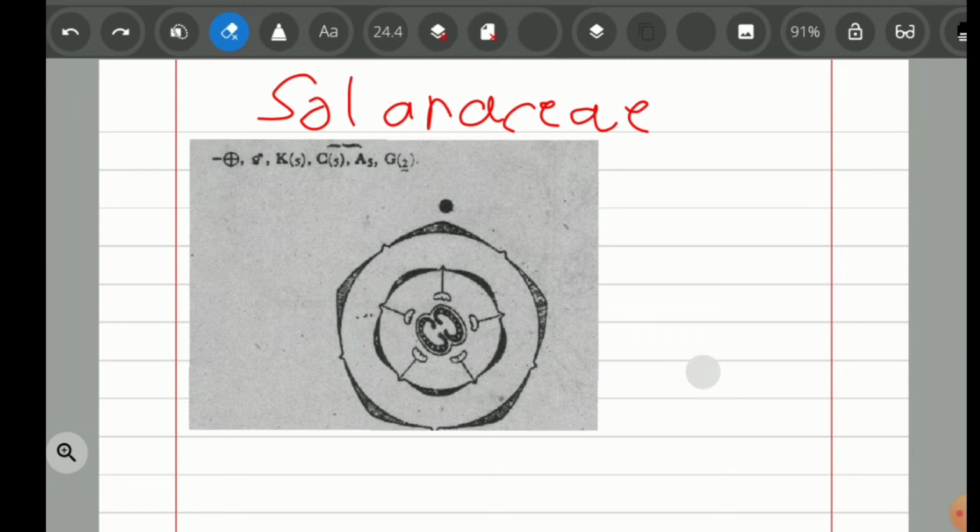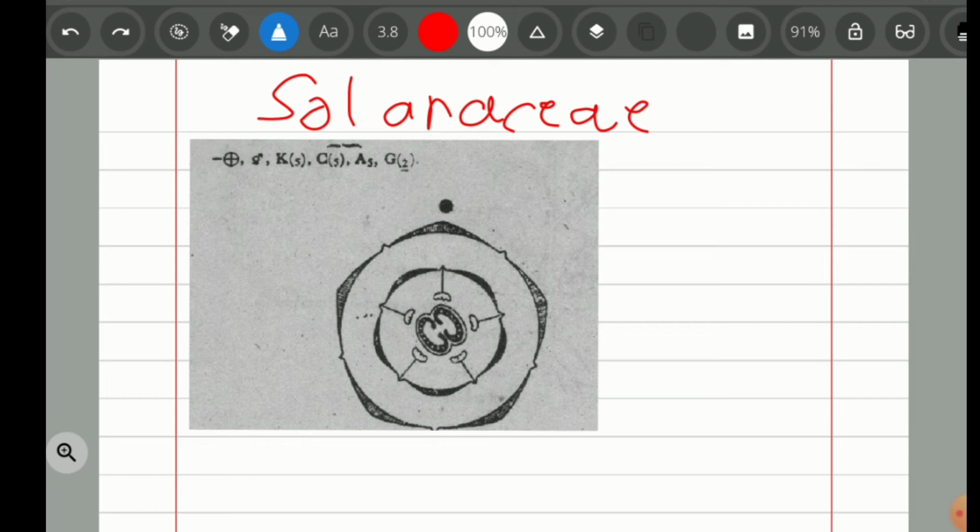Starting with the first family, that is the family Solanaceae. We have both the floral diagram and the floral formula of the family Solanaceae. But in the second picture, that is the family Liliaceae, we will have only the floral diagram and not the floral formula. We have to write the floral formula.